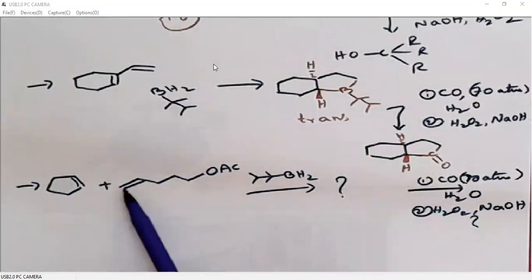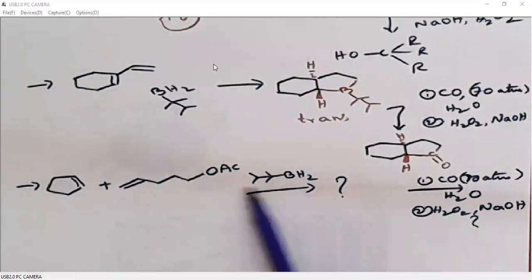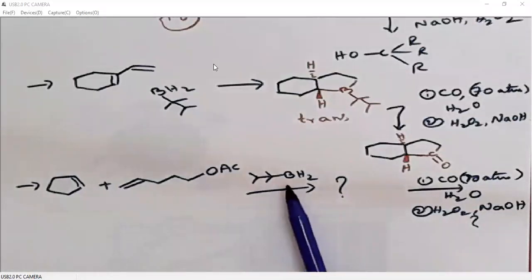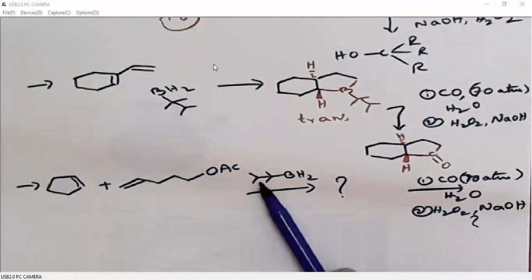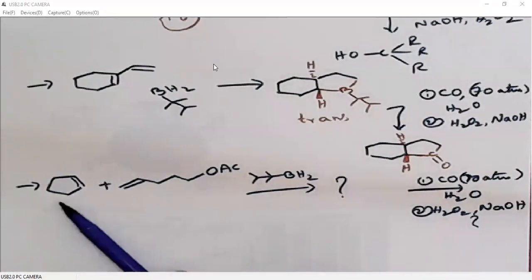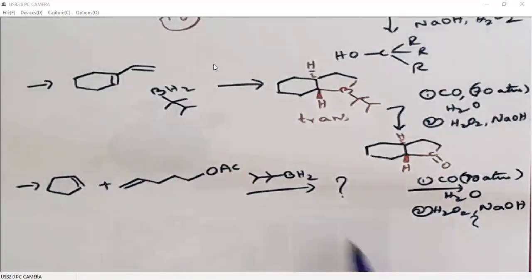First less sterically crowded, then more crowded, then more crowded. It is not possible because this is more sterically crowded, so it is not possible to add this type of alkenes at the end. So for adding to borane, we must use first the highly sterically crowded alkene, then less crowded, and then still less crowded. So you write the products, okay? I will answer them.